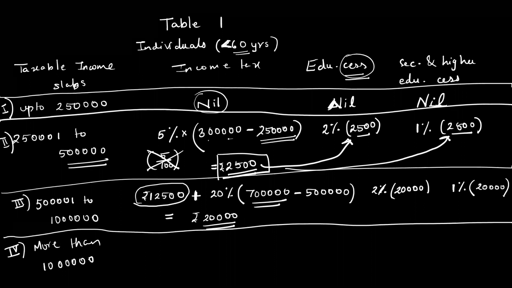Just say 3 lakh I gave as an example for between 2 lakh 50,000 and 5 lakh. 7 lakh I gave as an example between 5 lakh and 10 lakh. So same logic for this we will use 12 lakh. So imagine you are earning 12 lakh. So how much income tax will you pay? How will you calculate? It's written there. इनकम टैक्स के नीचे क्या लिखा है फॉर मोर देन 10 lakhs?